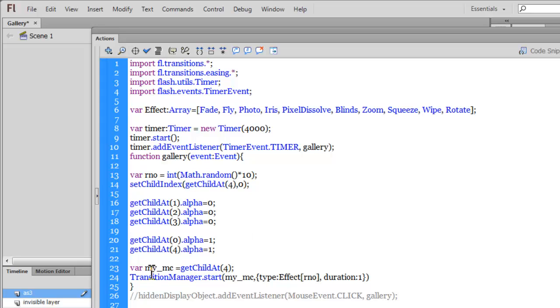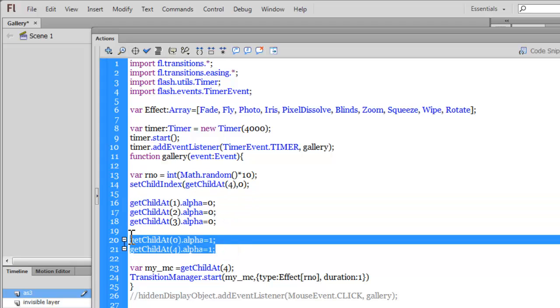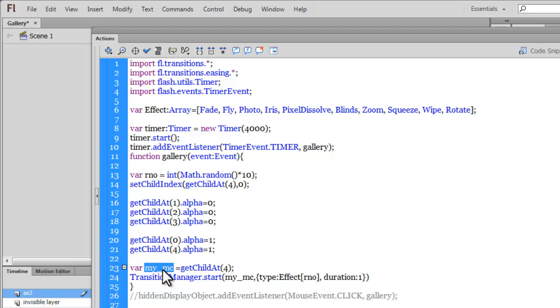Okay, next people, what I've done is, after making sure that the alpha of all the pictures in the middle of the topmost and the bottommost pictures are 0, but the topmost picture and the bottommost picture have an alpha of 1, what I need to do is declare a variable. I can give it any name, and then it's actually picking up the picture right at the top of the pile, which is get child at 4, basically referencing the fifth picture, the one right at the top of the pile. And then through the transition manager start method, I'm applying to my MC